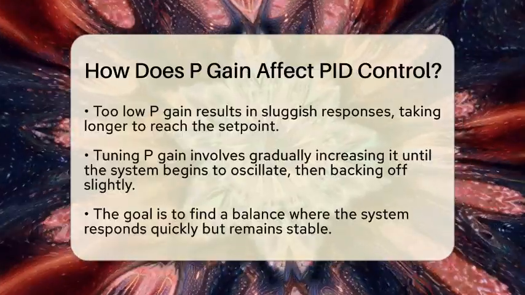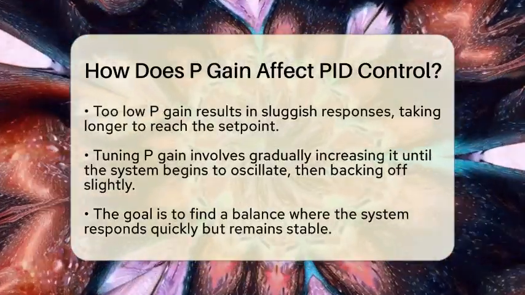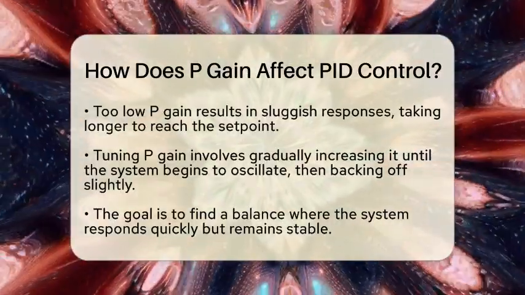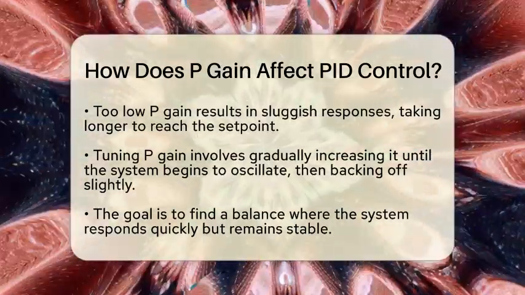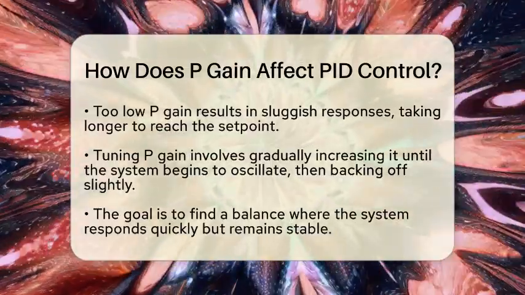On the other hand, if the proportional gain is too low, the response becomes sluggish. The system reacts slowly to errors, taking longer to reach the desired set point, which might not be acceptable in